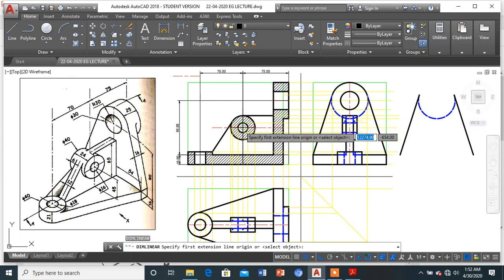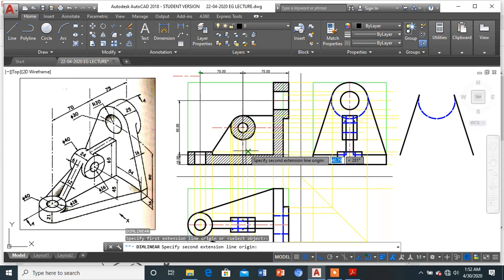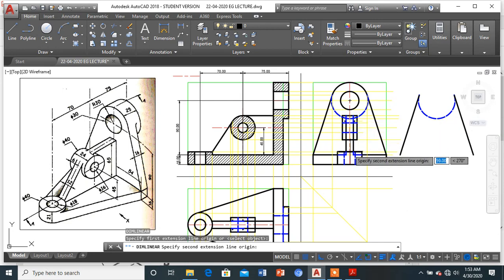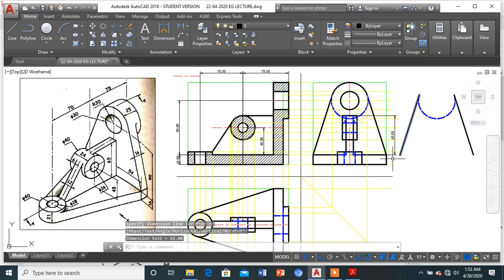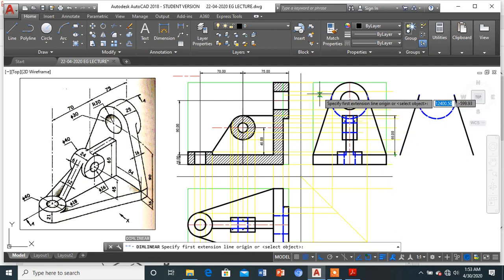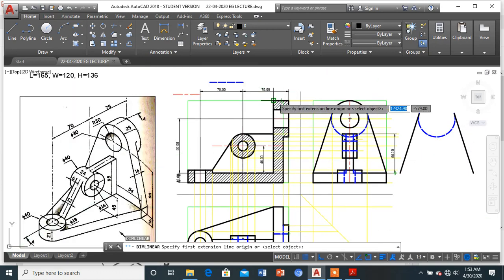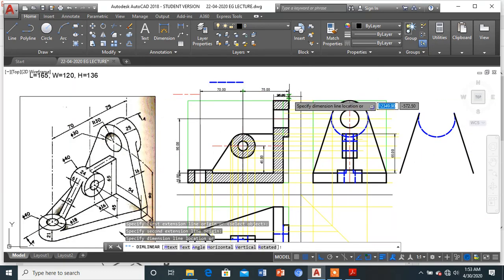Mark it again, it will be 45 from here till here. Yes, definitely it's there. Again, on the other side, I will be marking it on the side view as well. I can do it very well, my dear friends. This till here, the distance comes out as 65, so I have shown 65 over here. At the top, this particular length is 25, so I can show it very properly.